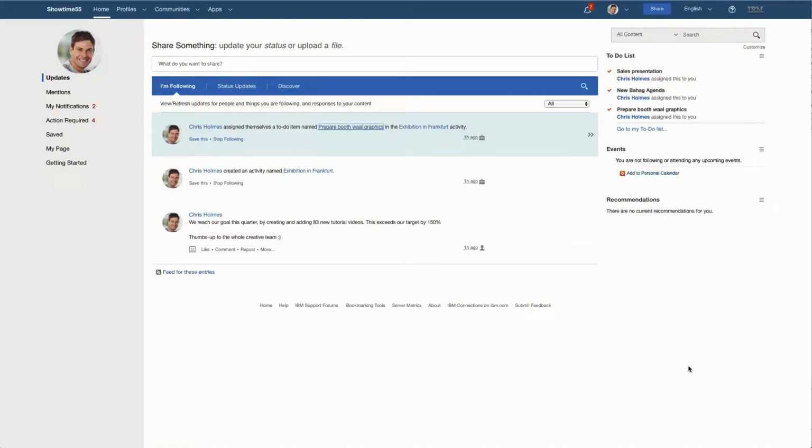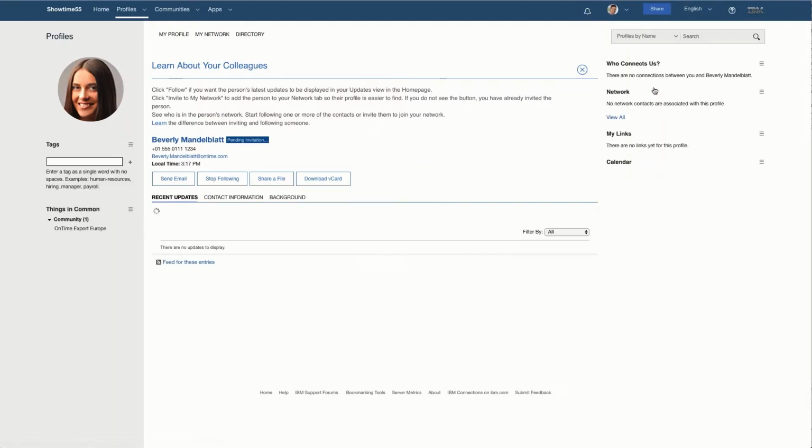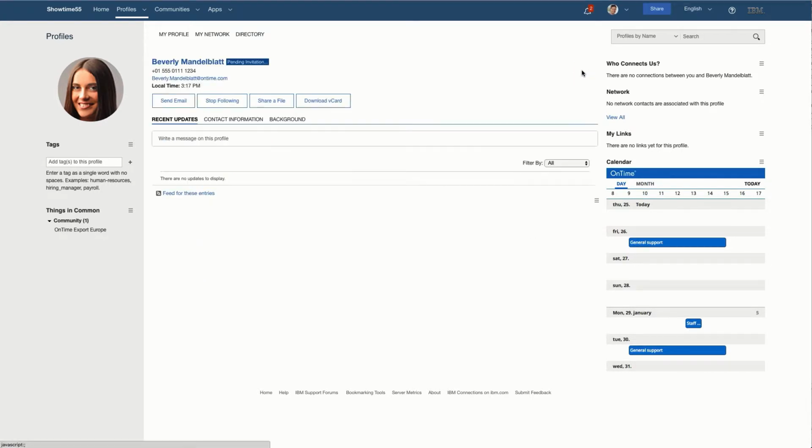In IBM Connections, you have the possibility to find and coordinate with other people. One way of doing it is by finding people who are in your network, or you can locate people by just searching for them and finding their profile. When you're on their profile, you can see all their information, and what OnTime adds to this is a visualization